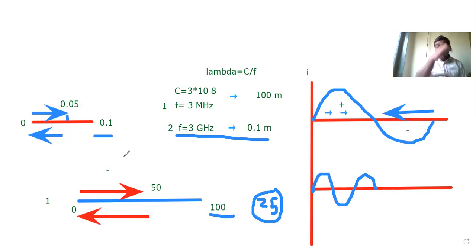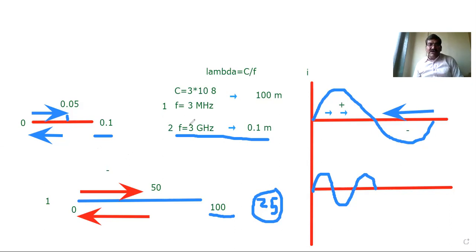So that's why you have to understand: infinitely small dipole antenna means lambda by 50, a very, very small antenna compared to the electrical length. Lambda by 10 is also called the small dipole antenna. Lambda by 4, lambda by 2, those are the practical antennas that can be used. So why are we using an infinitely small dipole antenna? Because we require to do the analysis, and for a small portion, analysis is very simple.